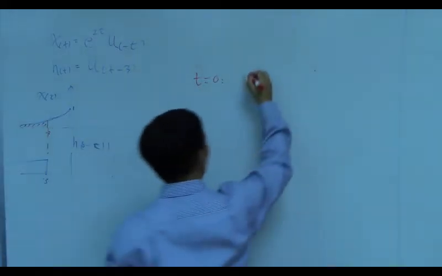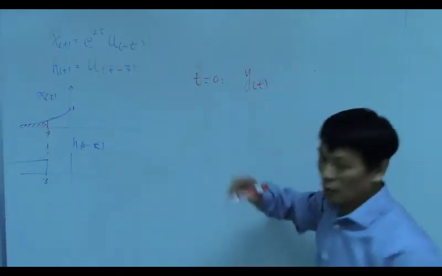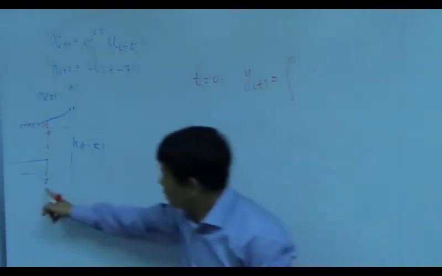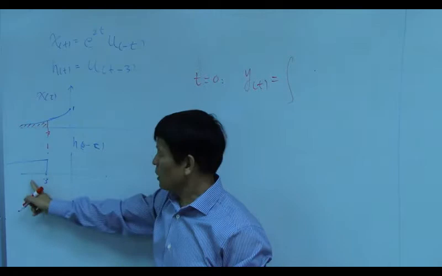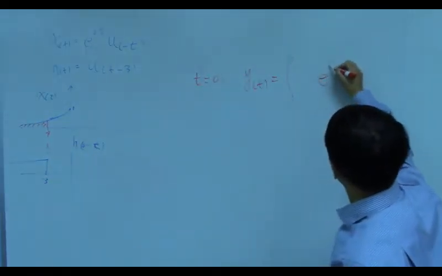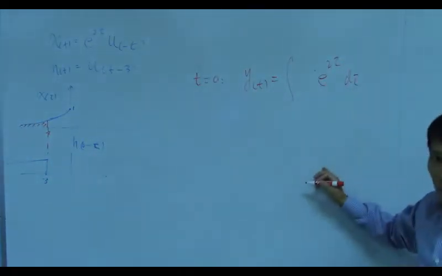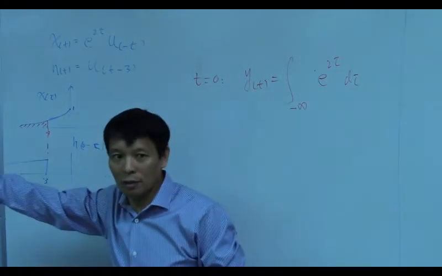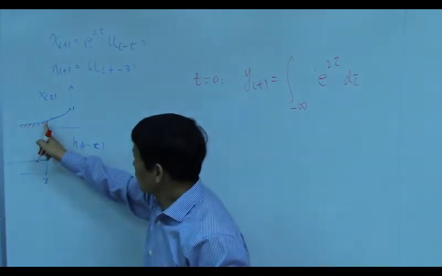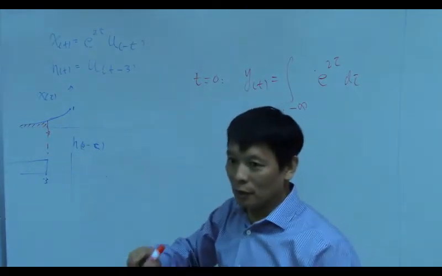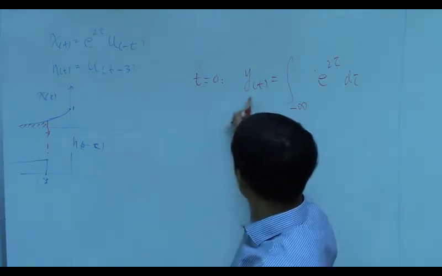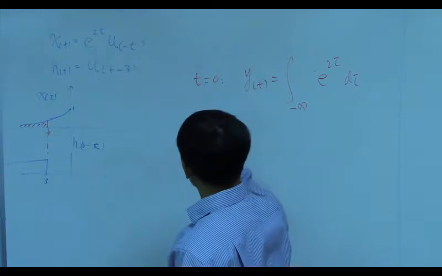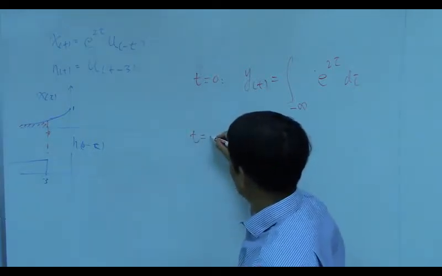So the y(t), which equals 0 here, will be equal to the integration of this signal multiplied by this. But this one is 1, so that is e to the 2 tau d tau, from negative infinity, because all the way to the left, to this point, to the t. Right? Now the t here equals 0. So for t equals 0, it's like this. If t equals negative 1,